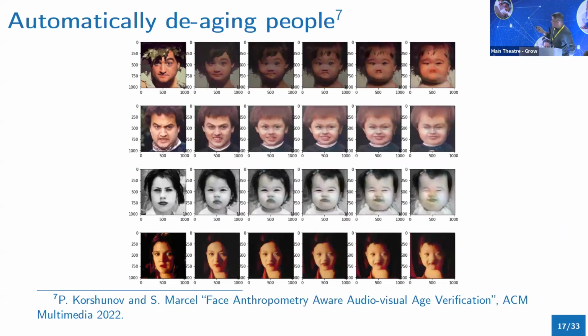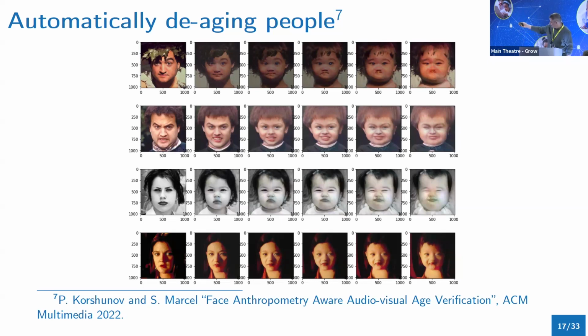So for images, a typical simple example is de-aging or otherwise aging people. You can change faces from a photo and make them younger. Snapchat filters do that, for example. This is one I generated of myself using StyleGAN, a model that's quite well known. So relatively speaking, it's very easy to do.